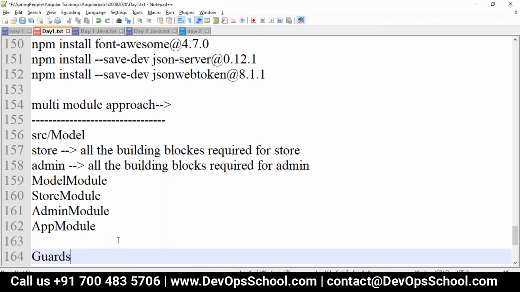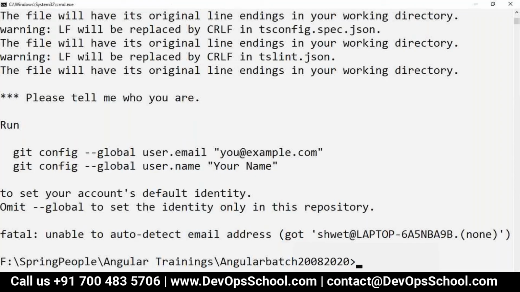If you write a specific auth guard, then it is for authentication. Then we have routing guards, which decide which parts of the routing should be allowed and which should not. Without login, I should not go to some specific routes, so we can't use them here. All this will be used inside the project we are going to develop. Let me check whether the project got created. Yes, now the project got created.